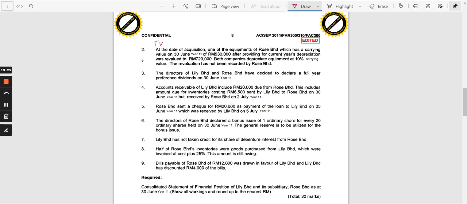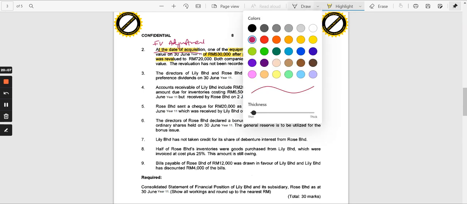This is on fair value adjustment. How do I know? Because you are informed that on the date of acquisition, one of the equipment of Rose, that has a carrying value of 530,000, yeah, it has a carrying value of this on 30th of June. So that has now been revalued to 720,000. So that was the first thing that you will notice, the fair value adjustment of the asset of the